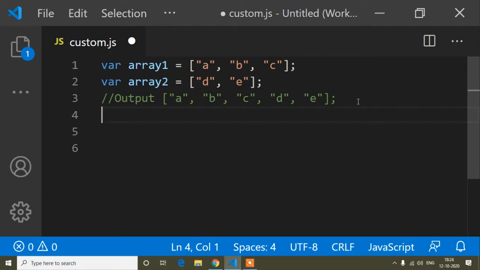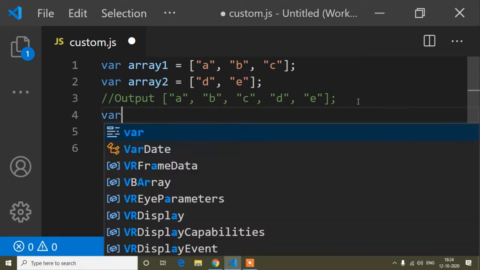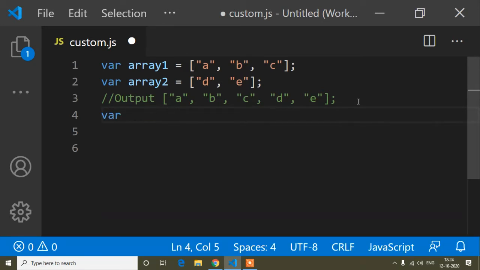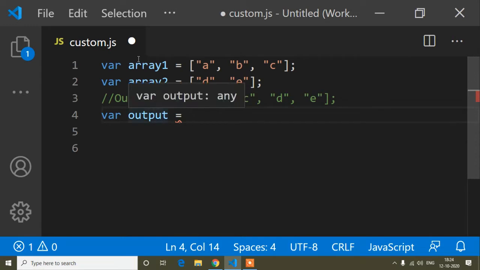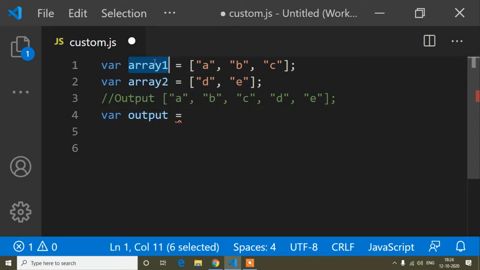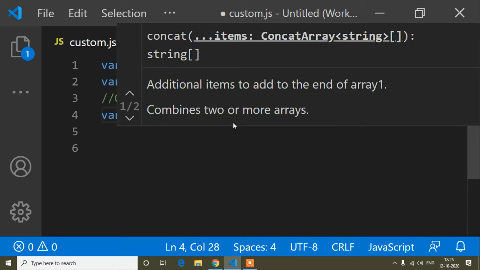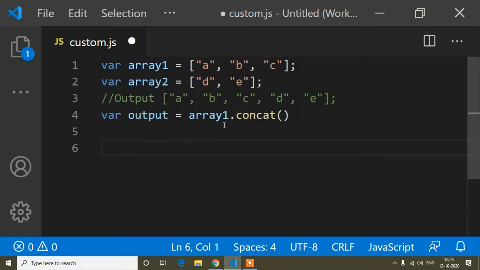First of all, I will do one thing. I will write another variable, var, and the variable name is output equals to, and here I want to concat this array. So array1 dot concat and parenthesis, and inside this parenthesis you have to write which you want to concat.